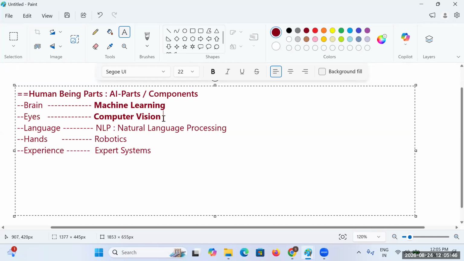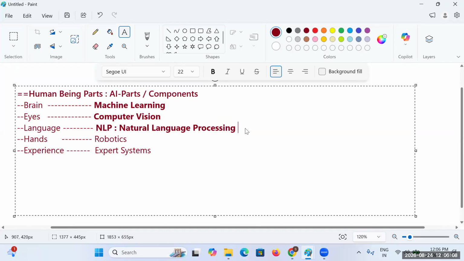And how we are communicating, in the same way, it will be taking with this perspective of NLP, natural language processing.